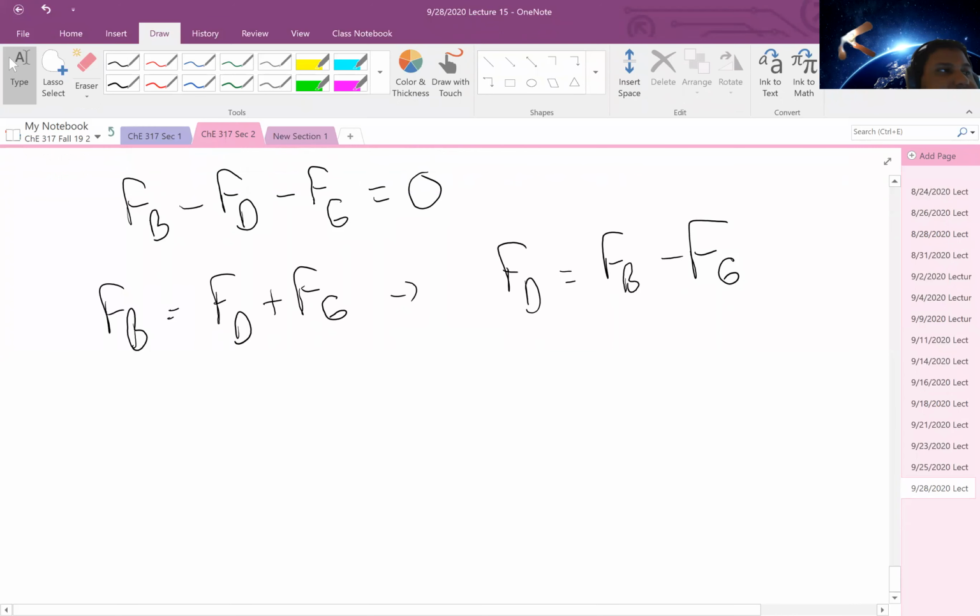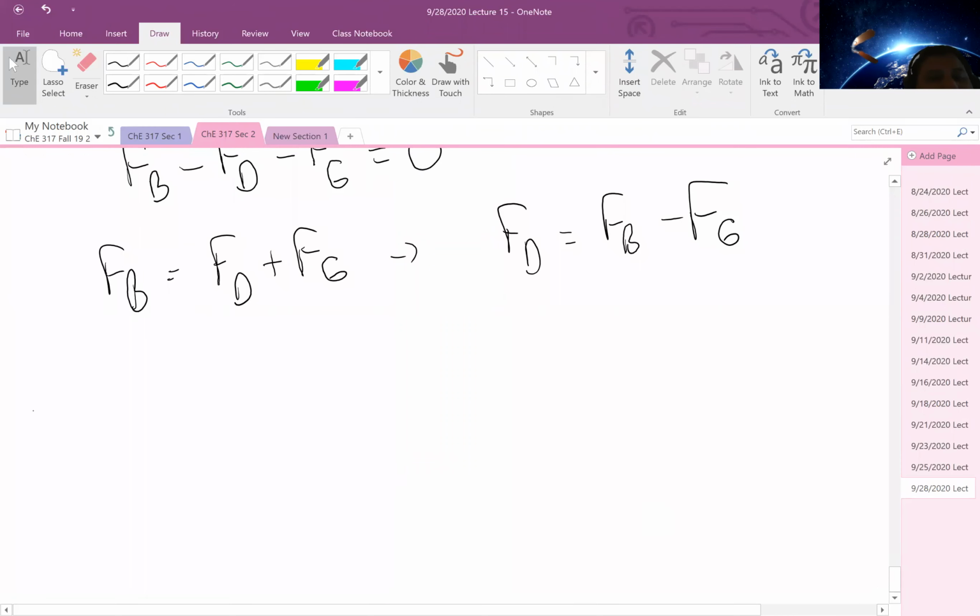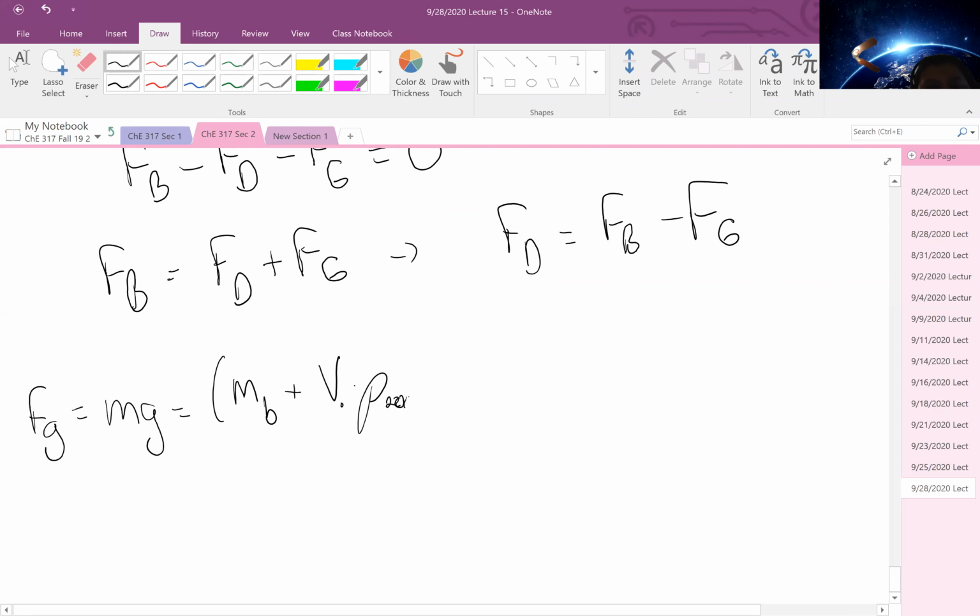So with that in mind, I know that my force due to gravity is the mass of the balloon times gravity, which is equal to the mass of the empty balloon plus the volume of the balloon times the density of the air in the system, or the density at 200 degrees F. So I need to calculate the density of the air at 200 degrees, which, if it follows PM over RT,